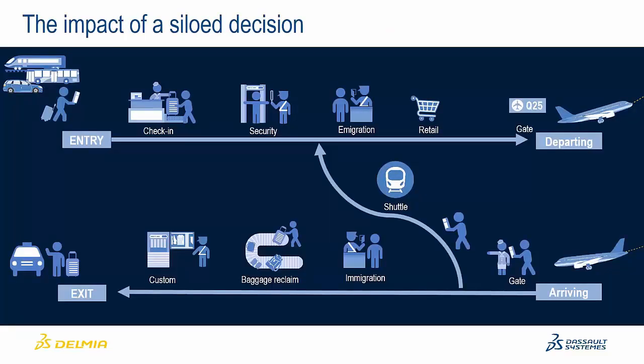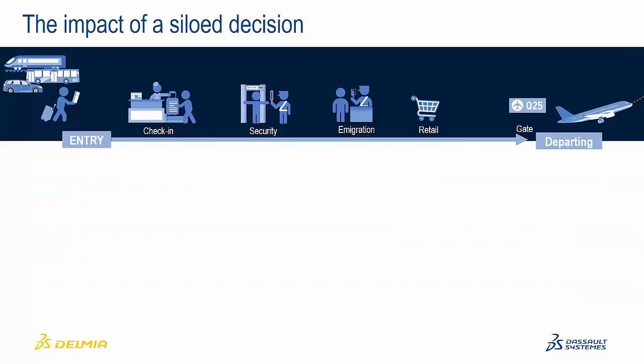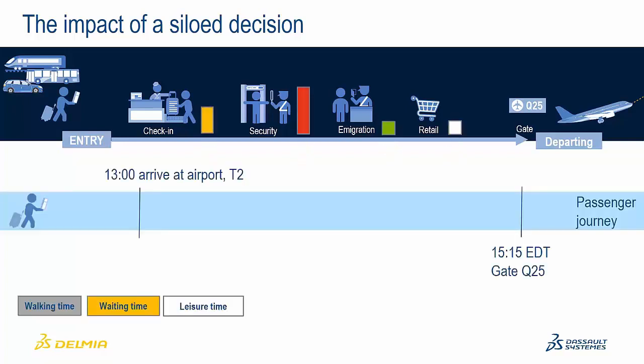So let's see an example of what that could lead to when we are just making a silo decision. So we go back to our passenger journey, and we're looking at a passenger that is going to board a plane at 3:15 at gate 25. And this passenger arrives at the airport approximately around 1 o'clock. So this passenger has to go through a series of checkpoints, or touch points, and